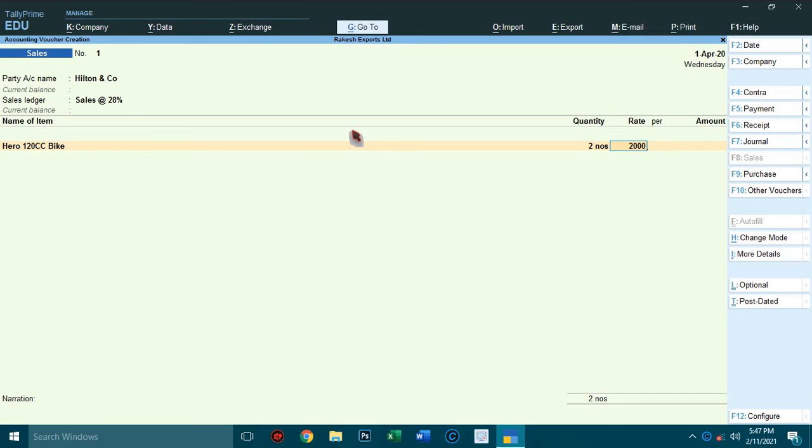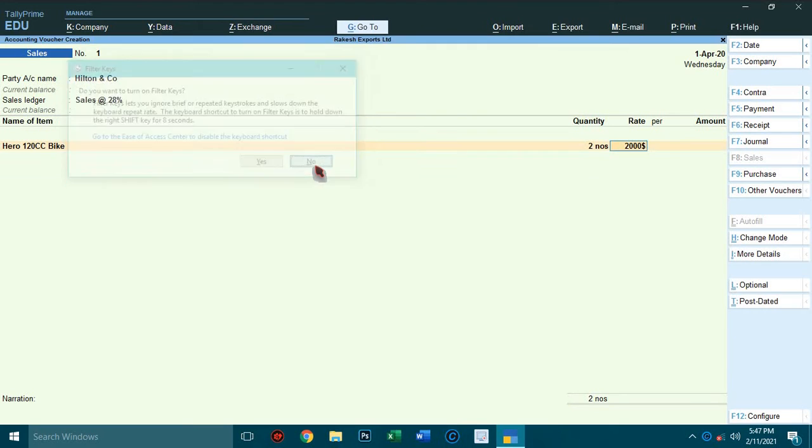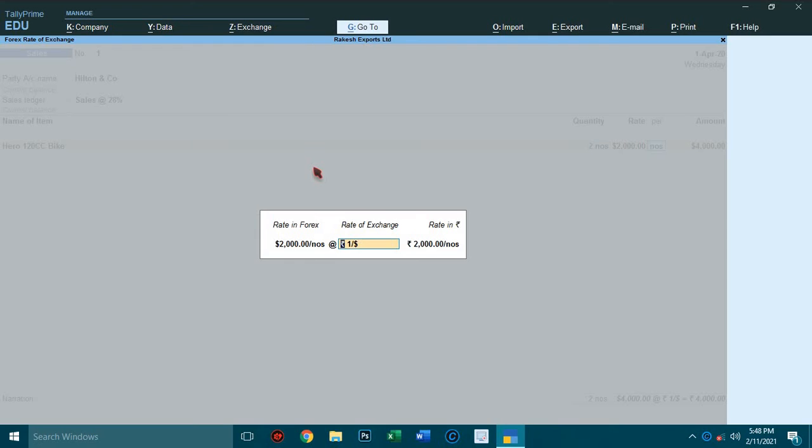Press the dollar symbol by holding the shift and pressing digit 4.